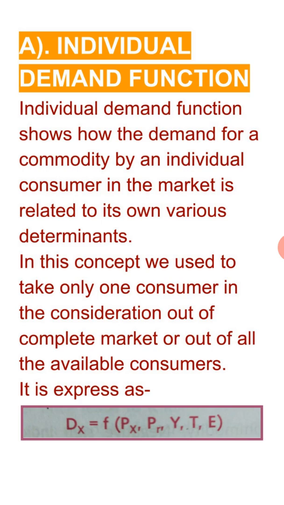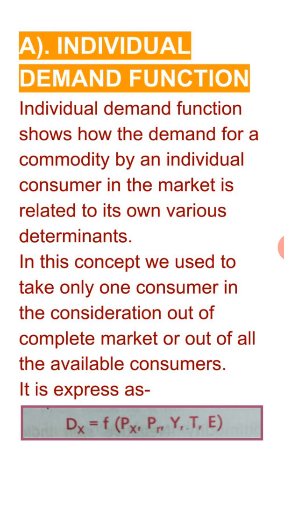In this concept, we take only one consumer into consideration out of the complete market. A lot of consumers are there for a commodity, but out of all those consumers we select a single consumer, and when we study the demand of that single consumer and its determining factors, that is known as